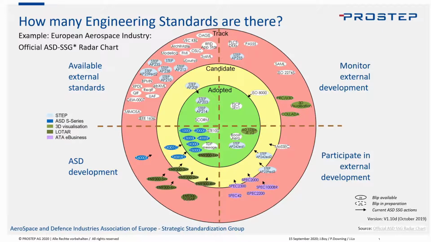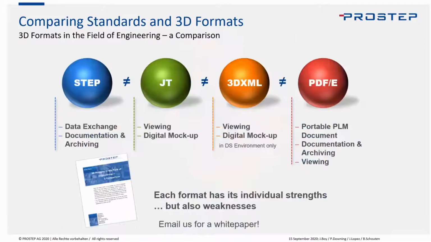So they may or may not be competing, and it's quite a lot of standards that you can see there. There actually is a very similar radar chart for the Aerospace Industry Alliance in the US, and I know that other industry branches keep track of the standards that are relevant for them in a similar way. But really, this is just a first glance, and you can see there's really a lot of standards to keep track of. But this also gives you the opportunity to choose the standard that is best for your area of